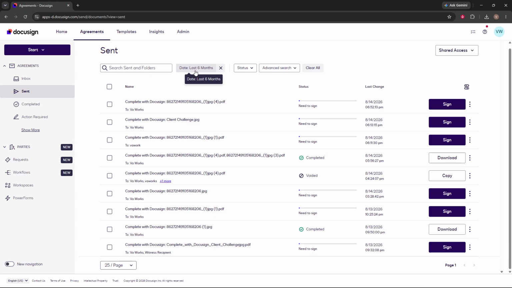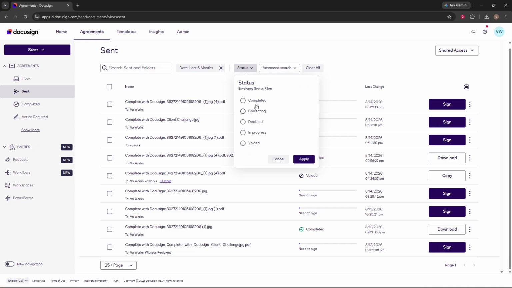You can refine the results using criteria such as date, sender, folder, or envelope collection. This is especially helpful if you have many envelopes with similar names, or if you're searching through a large account. You can also use a quick view to narrow the list even further. Options such as action required, waiting for others, or completed can help you focus on the current status of the